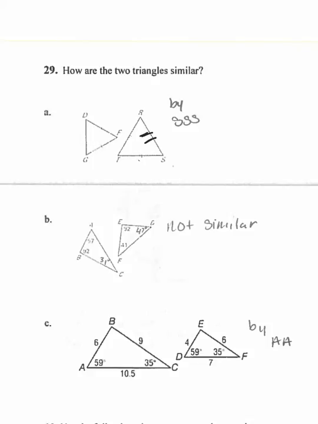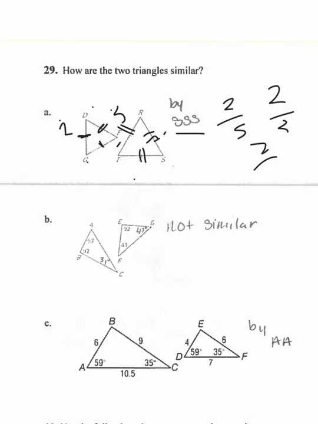Actually, let me take that back for a second. It's probably more like this because this is similar, not congruent. So again, you've got to be careful. So all three of these are the same. They're equilateral. The similarity by side, it doesn't matter what numbers I put here, right? These are all the same. They're going to create the same fraction 3 times, all right? If I call this 2 and I call this 5, all the sides make 2 over 5,